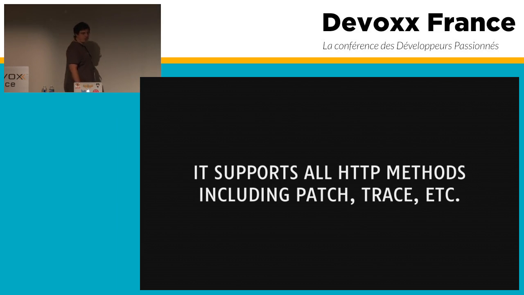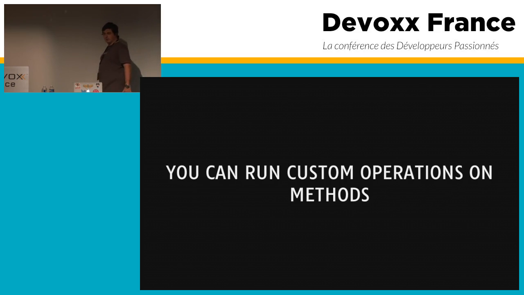Also, it supports all HTTP methods. If you have to use head or trace, you can call it on every object. Not only do we have put, post, delete, but also other HTTP methods. And you can also run custom operations. What it means is that sometimes your put, post aren't normal REST, which means that sometimes you have to put to a specific URL, which is kind of weird. You can use that with Restangular using the customPUT, customPOST methods, and then with that, you can point to whatever you want